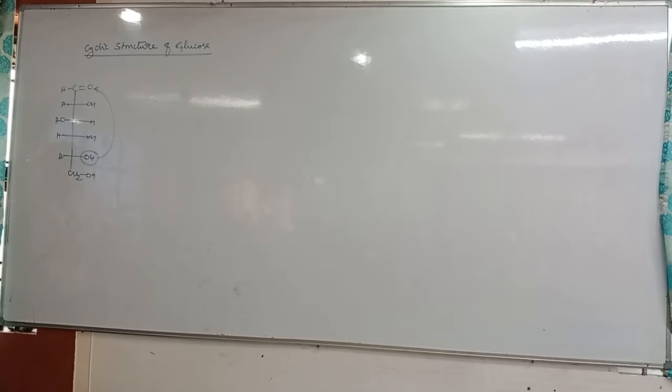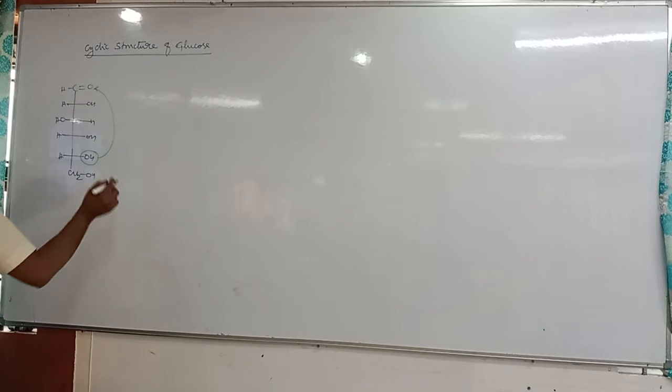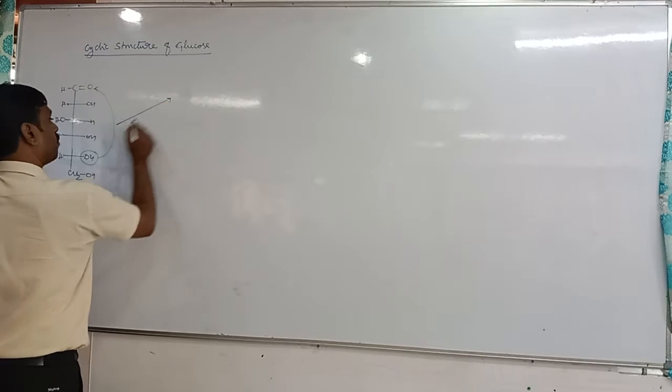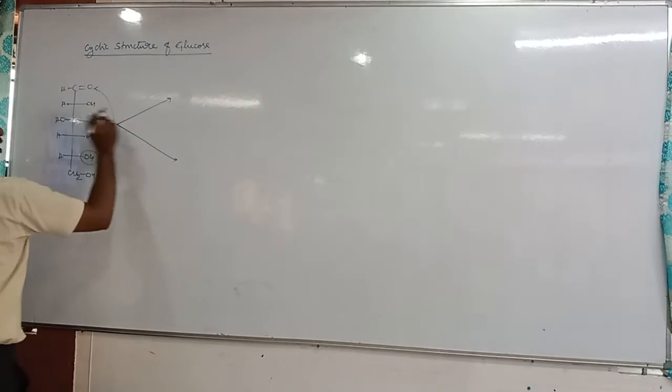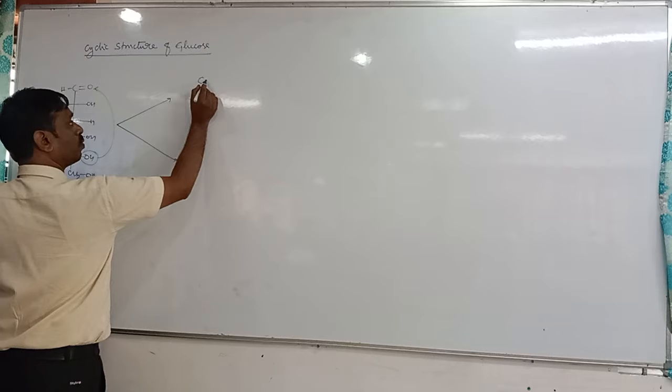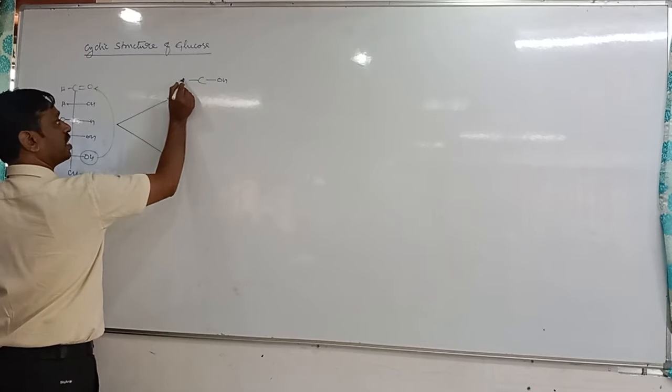It forms a six-membered ring. That is two isomers, that is alpha and beta. Okay. So we have completed alpha and beta. Therefore, in the alpha form, tell me, in case of the alpha form, if the OH on the first carbon is on the right side,